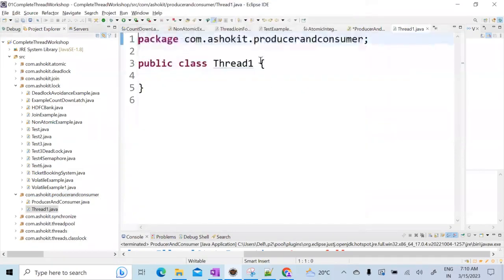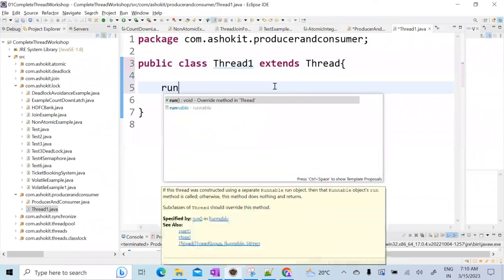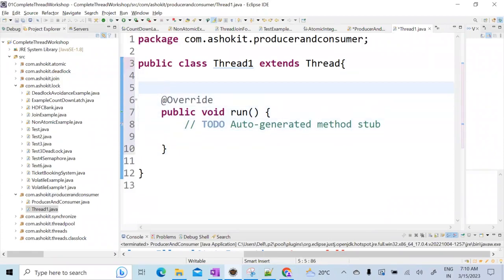Okay. I'm just saying thread 1 extends Thread, run method. Now here I want to take an object. That means I want to see both the threads are working on the same object. So I will accept the